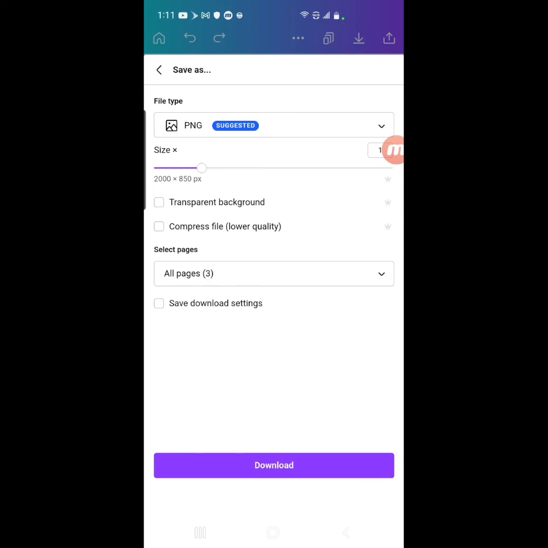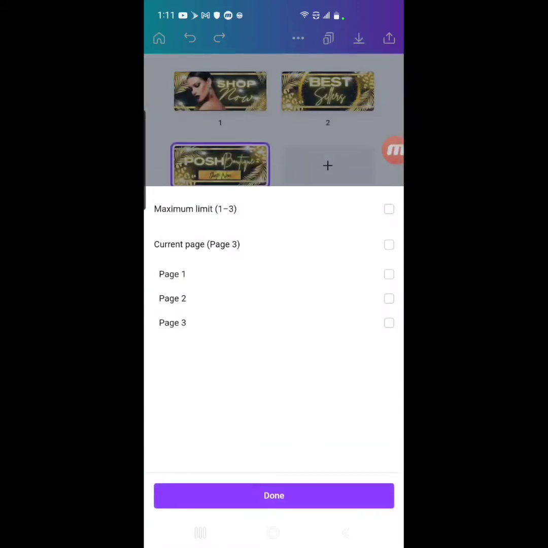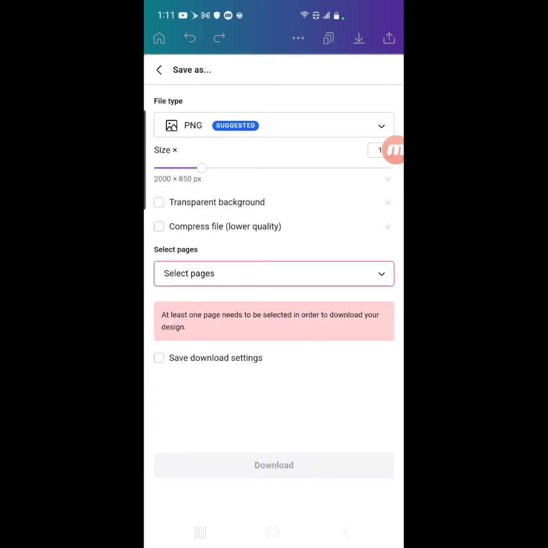If you just want to save one of those files, you don't need all 3 at the moment, you would click on that download menu and you would just select which page you wanted to save. And then when you hit download, it will only save the one banner that you've chosen. So it just depends on what you want at the time, if you want all 3 saved or if you want just one. And then once you download it,